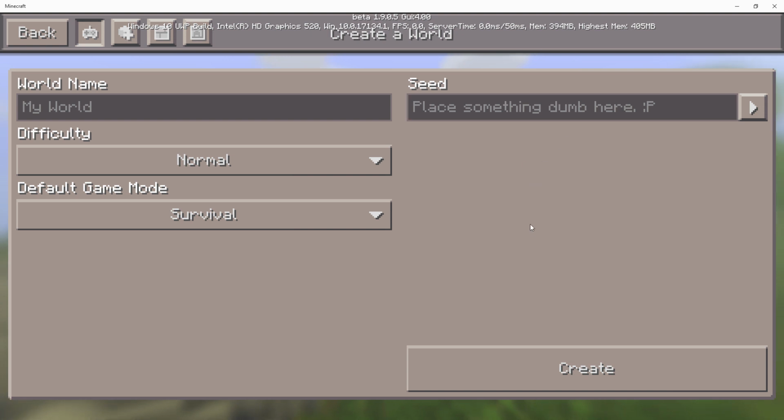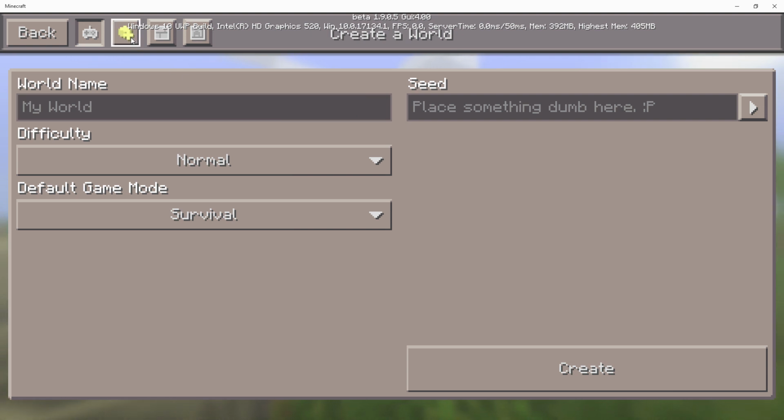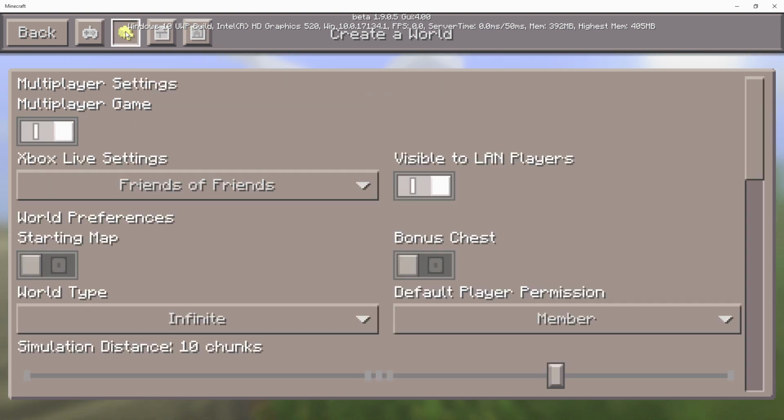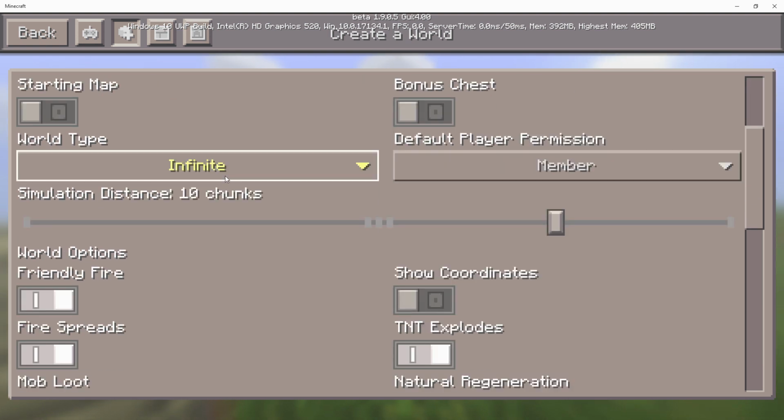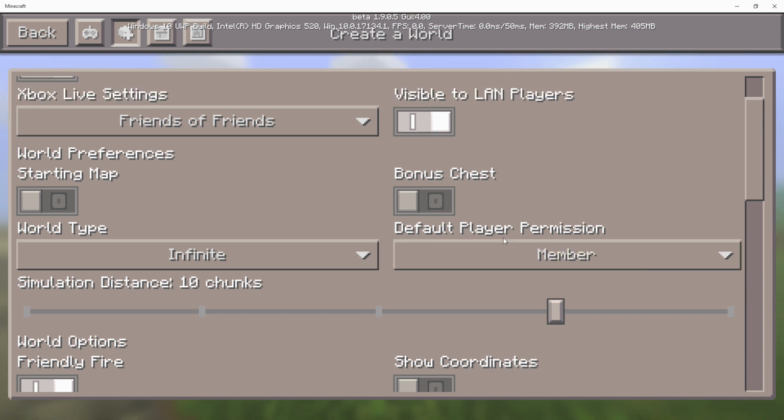That's right, we didn't have the cheats on the very bottom. You couldn't scroll down or anything like that. None of that existed. But what he decided to do was introduce some buttons on the top. So this would be the multiplayer settings. We also have the advanced settings down here. So you can make the world infinite, or you can have the player permissions,